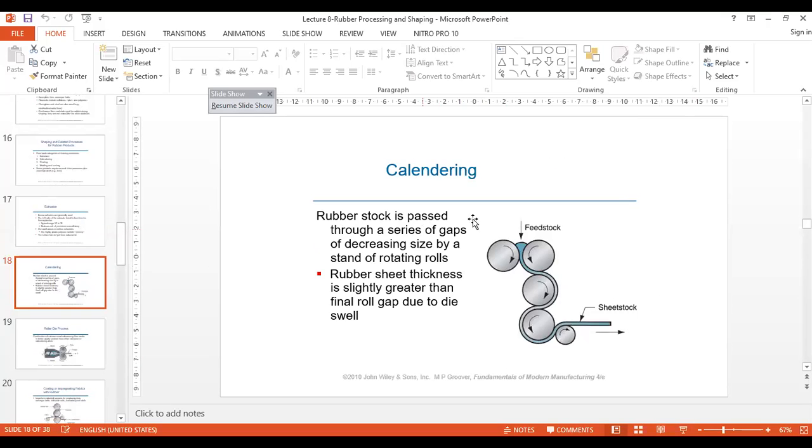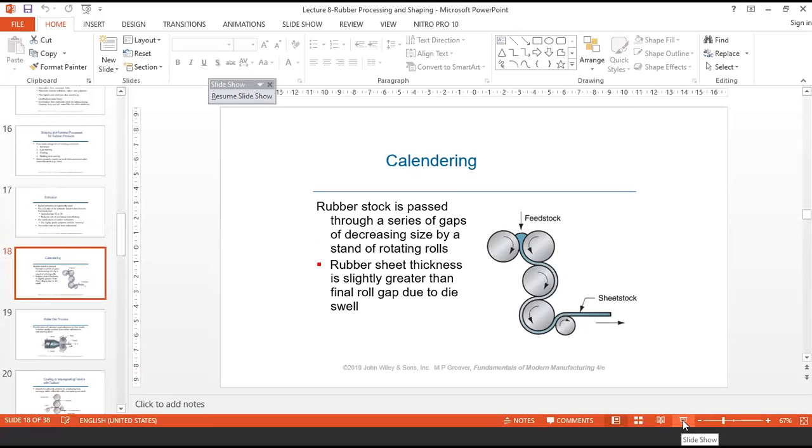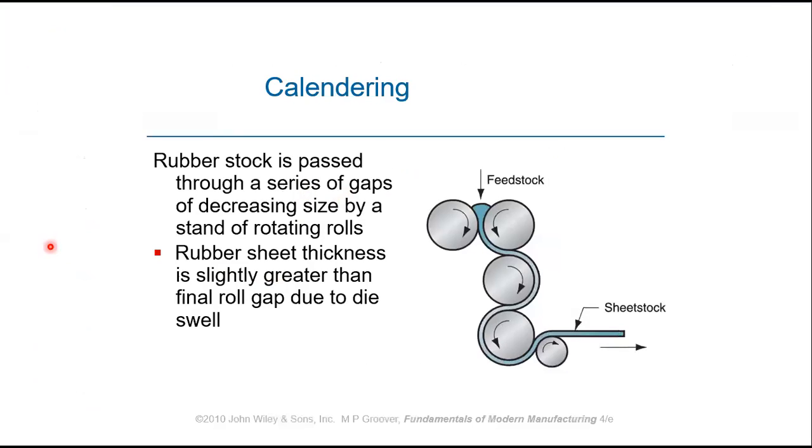Can you see the slide? Yes, sir. Okay. So this is how the calendering occurs actually for a series of gaps of decreasing size by